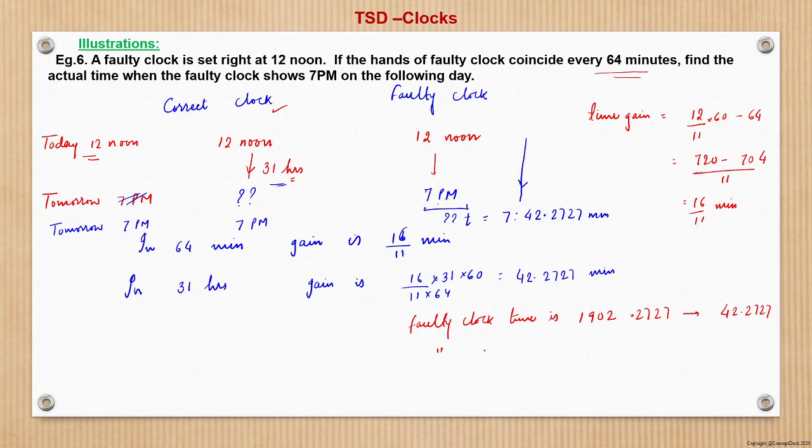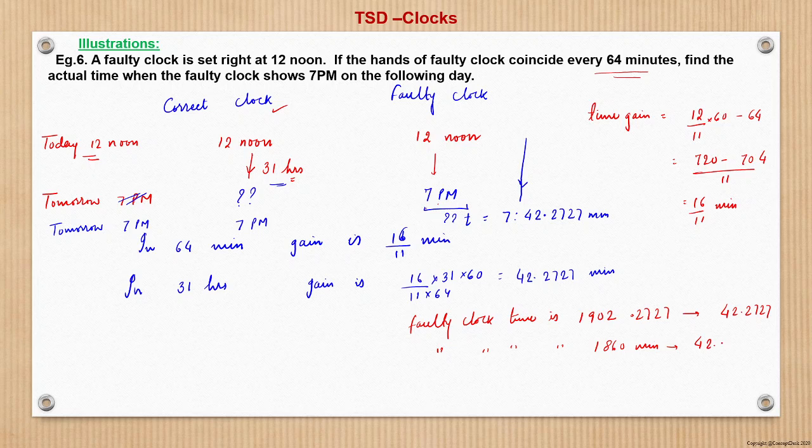So when the faulty clock time would have changed by 1860, right? 1860 is the actual change which we want, no? Till 7 p.m. from 12 p.m. to 7 p.m., that is 31 into 60, that is 1860. So when the faulty clock time would have changed by 1860 minutes, then the time gain